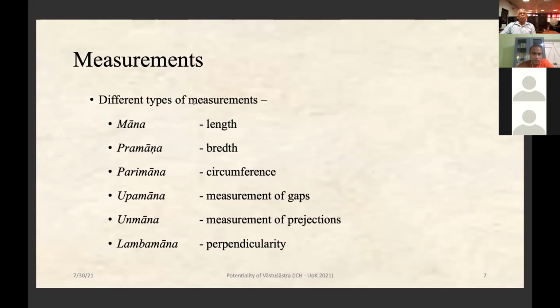When we talk about these measurements in Vastushastra texts, we see different kinds of measurements. This is from Manjusri's book: Mana, Pramana, Parimana, Unmana, Upamana, Lambamana, and so on. So we need length, breadth, circumference, measurements of gaps, measurement of projections, perpendicularity, and so on. If we talk a little about circumference, we can easily measure the length and breadth and height and so on, the projections, the gaps, but it's not easy to find out